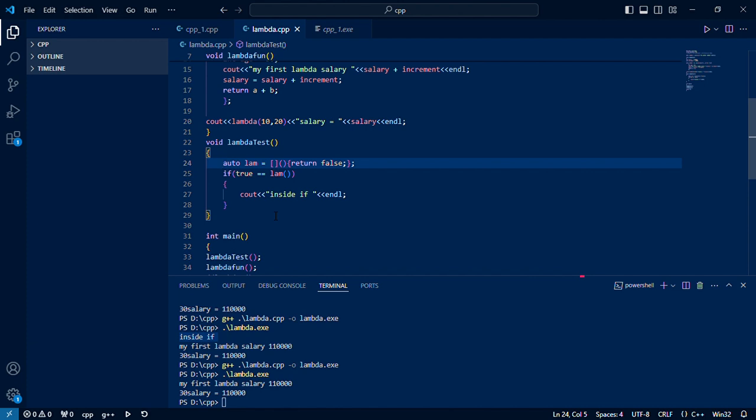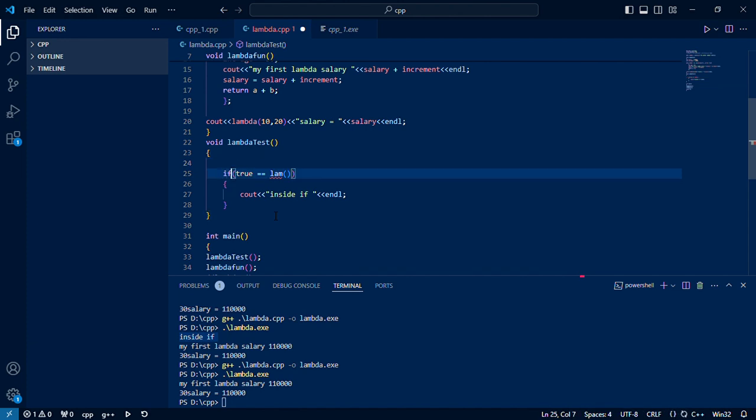That time I was struggling how to call this lambda within an if statement. I don't want to do this, because my operation is very atomic. I don't want to declare the lambda outside and then call it inside, right? So I struggled a lot to understand how to do this. But let me tell you how we can do that. All right,